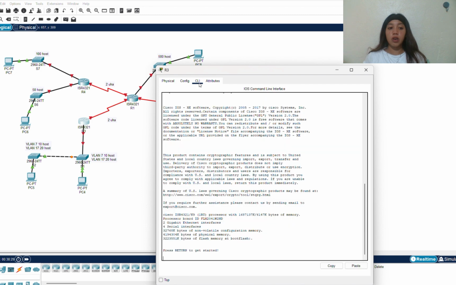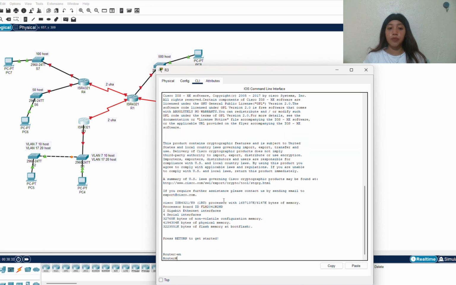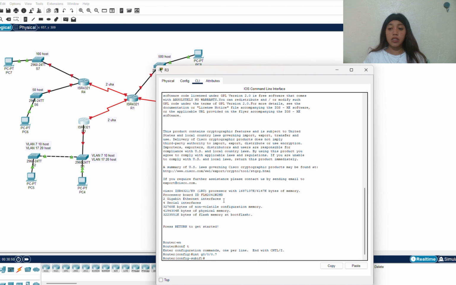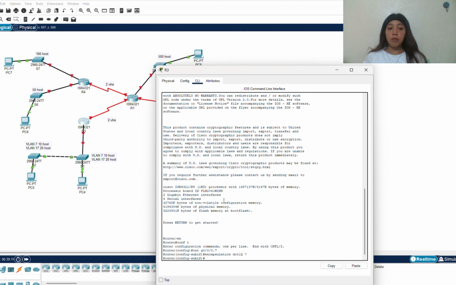Now, let's move to the routers, starting with Router 3, which uses sub-interfaces to handle multiple VLANs on one physical interface. For VLAN 7, we configure interface GigabitEthernet 0/0/0.7, encapsulation dot1Q 7, and IP 172.32.67.1/28, and for VLAN 17, GigabitEthernet 0/0/0.17 with IP